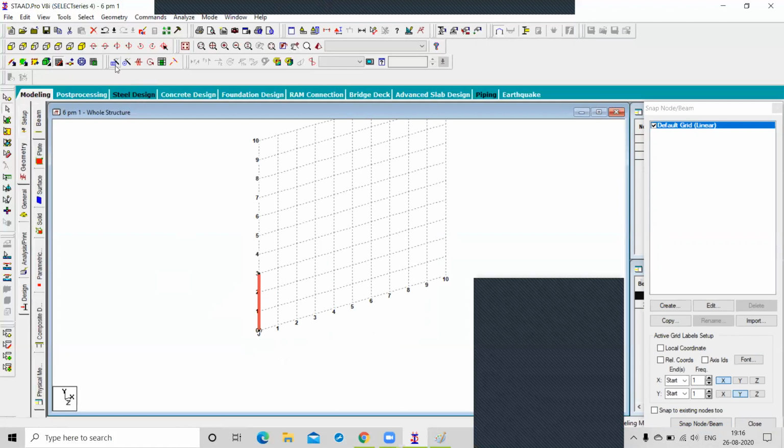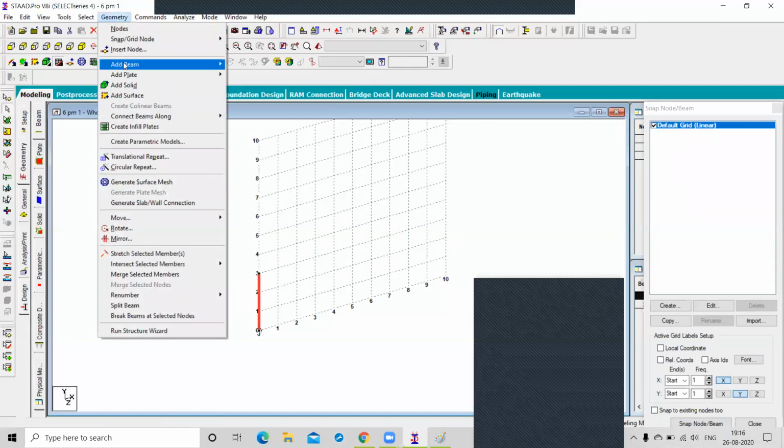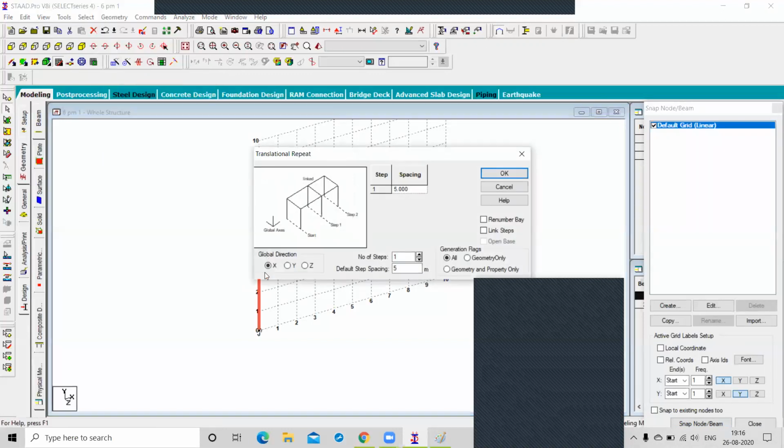So we have the translational repeat method for that. It is like the rectangular array command in AutoCAD. In the geometry menu, you will find translational repeat here. Select it.